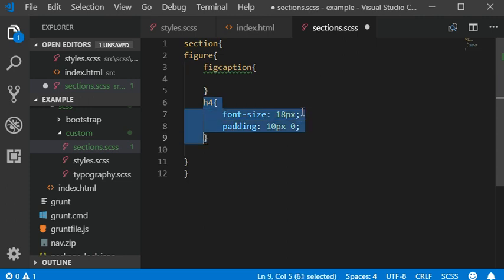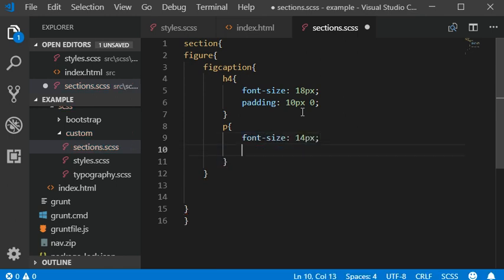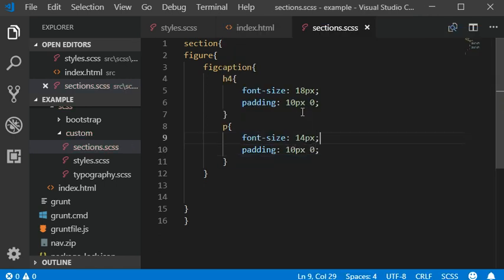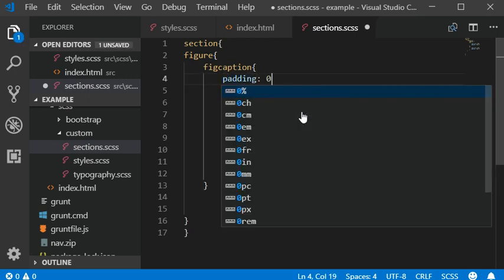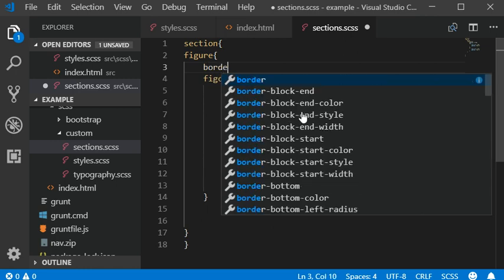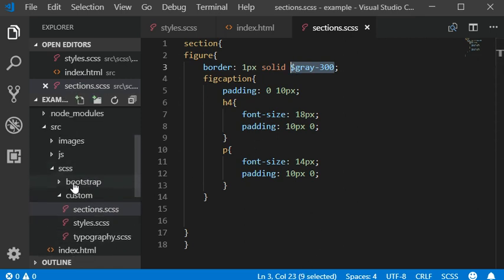and then add a heading within this, and then the paragraph should have 14 pixels of font size, and padding from top to bottom is 10 pixels, and then you need to add some padding here from left to right, which is 10 pixels, and then I'm going to add some borders, 1 pixel solid, and then add some variable which has the color gray, 300, because this is the Bootstrap default grid which is defined in the Bootstrap variables,